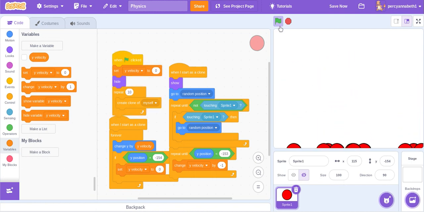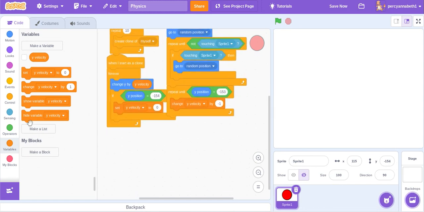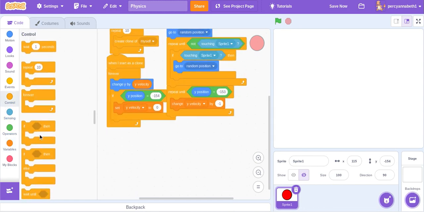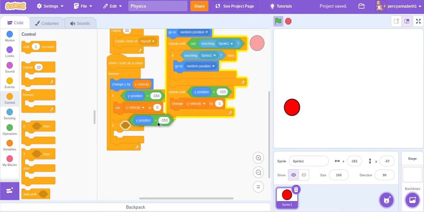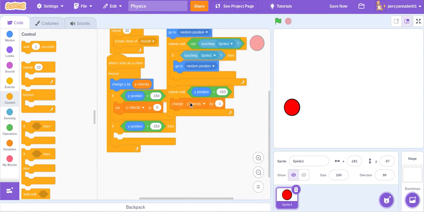So now they're all falling down, and that's good, but they're kind of falling down into the edge. So if Y position is less than minus 153,